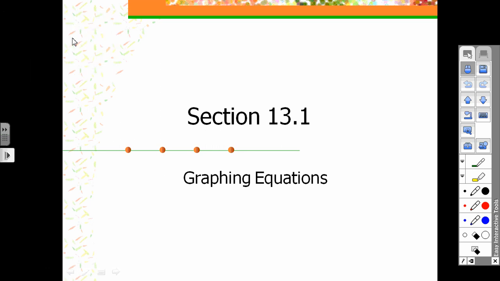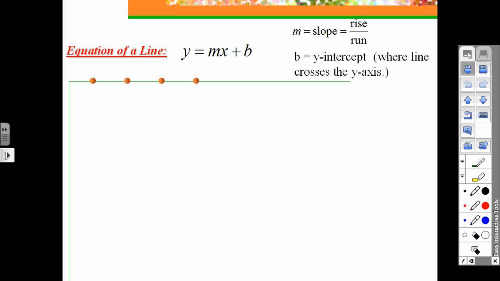Okay, so we're going to learn about graphing equations in this chapter. And specifically in this section, we're going to be talking about lines. So I think from last year in algebra, hopefully you guys were exposed to this equation y equals mx plus b,